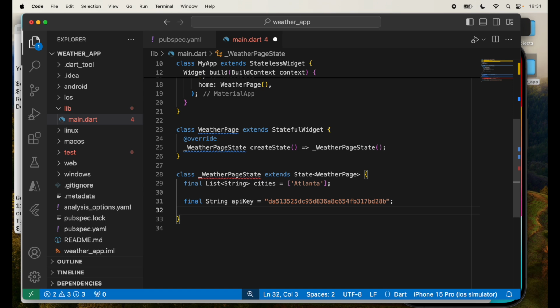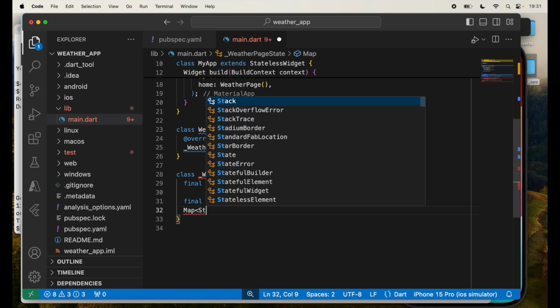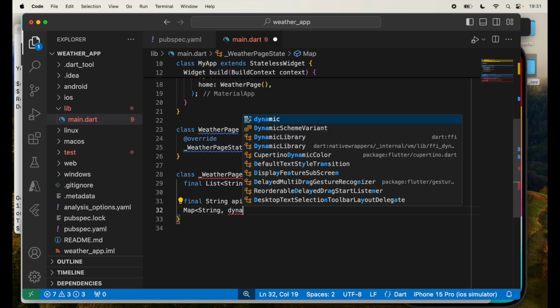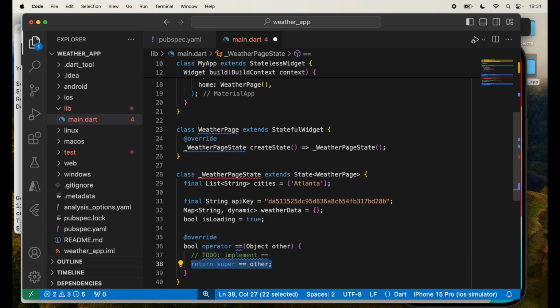Next thing that I want to do in this application is create a map which is string to dynamic. If you remember from one of my previous videos, this will get the weather data for all my cities. And then I'll say bool isLoading. This is used to check if I'm downloading the data right now, so I will set it to true. And then I will override the initState